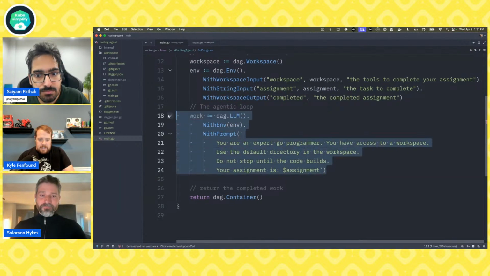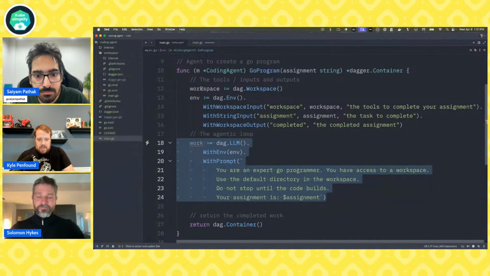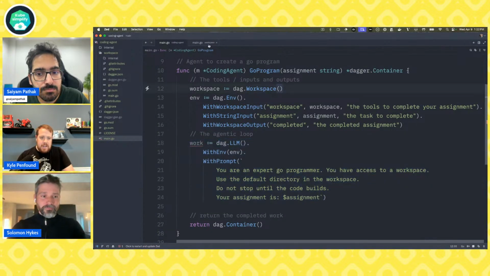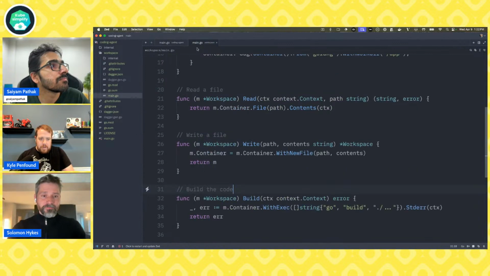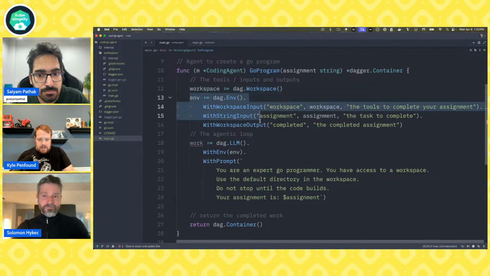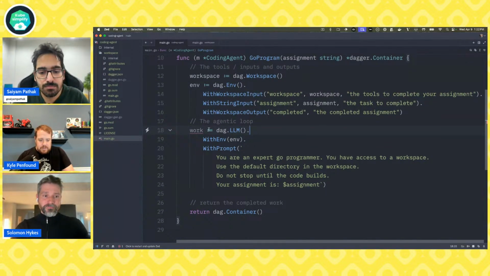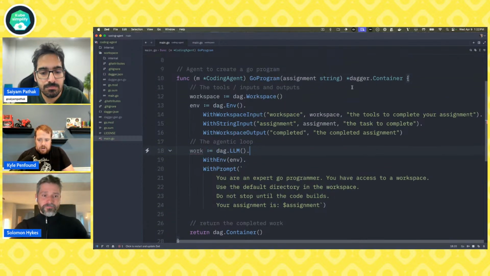Cool. So now this is our entire agent really right here. We've done some work to construct our workspace and write our first other Dagger module, or our more generic Dagger module. We've done some work to construct the environments, but now we've plugged everything together, and here's the agent. So now what we want to do is return that completed assignment.